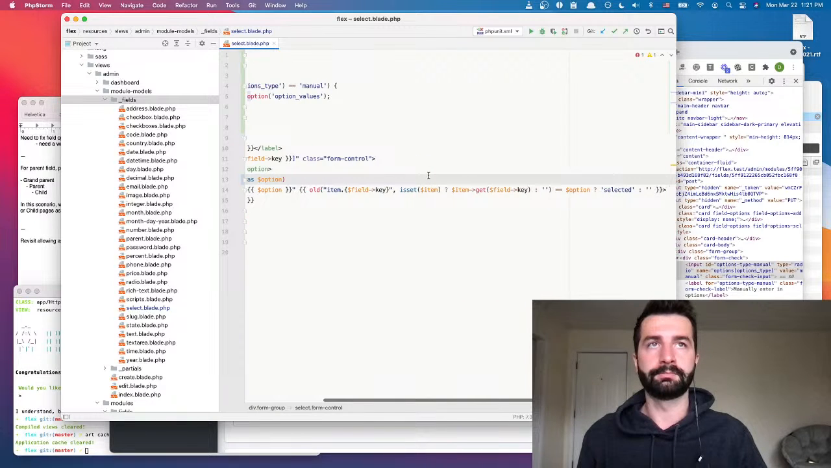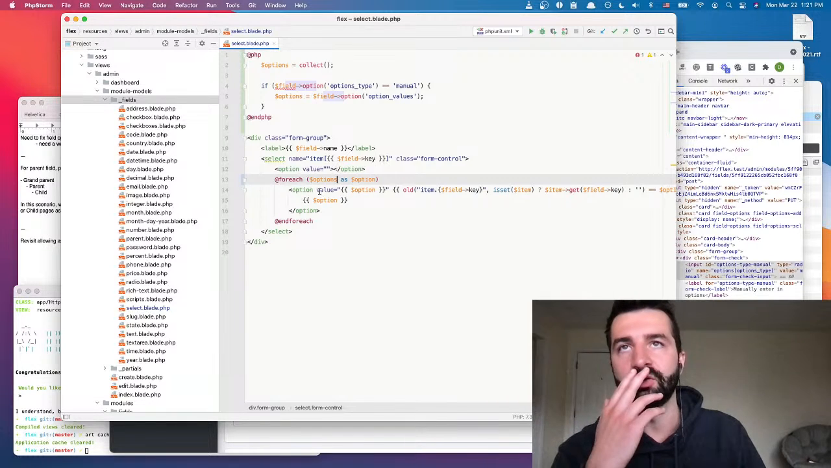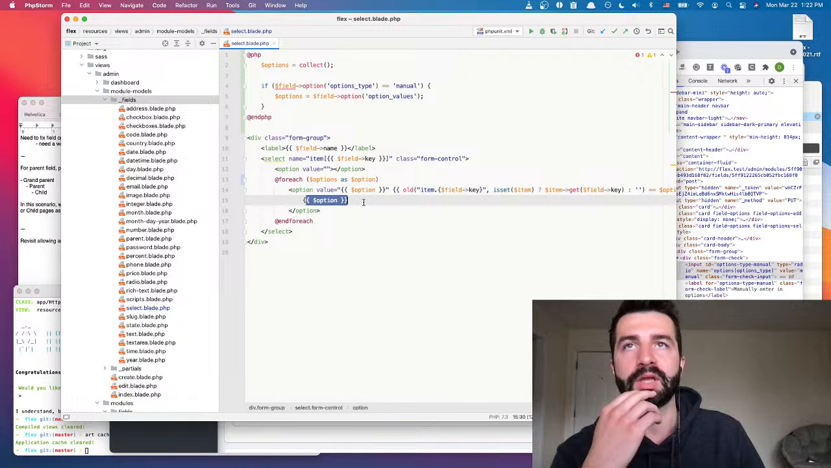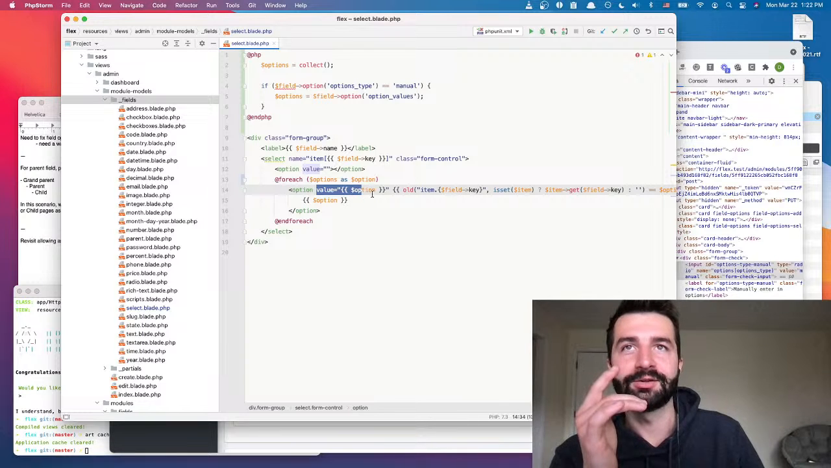And what we're going to need is, for each option, we need to know what the value is going to be, and we need to know what the name is going to be. So with these simple options, our value was just the name of the option, but for other types of options, we're going to have to set those